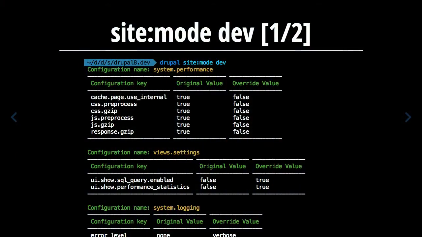Well, for site maintenance, we have this site mode command. This command allows you